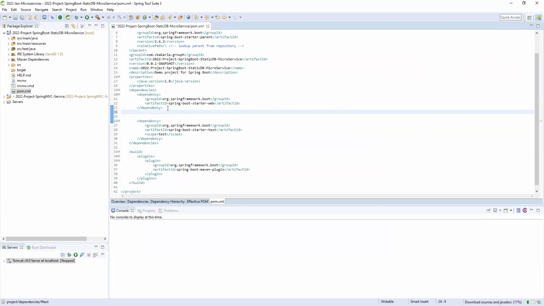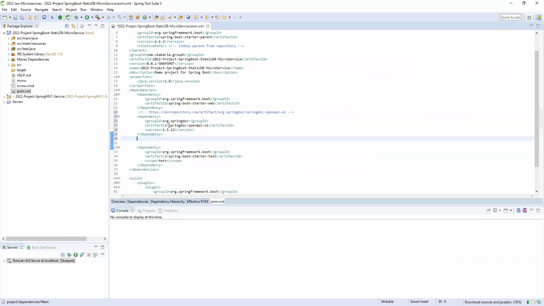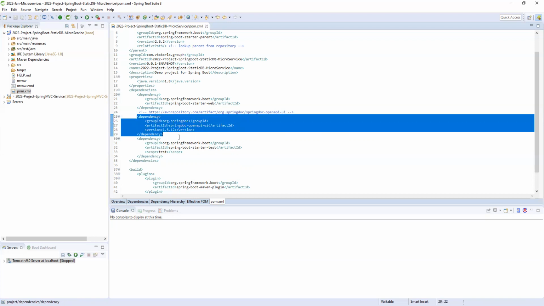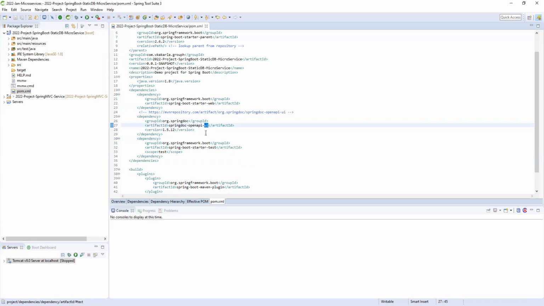This is Spring Doc, the Spring OpenAPI UI. OpenAPI means our API specifications. UI means the dashboard for our application. So it will provide two things. One is we can document using OpenAPI, and it will also provide the UI for testing our application. You need not go for Postman or SoapUI to test our application. We can use these OpenAPI specifications and it will provide our user interface. Now everything is ready. No need for any configurations. Other than pom.xml, we don't have any configuration files.